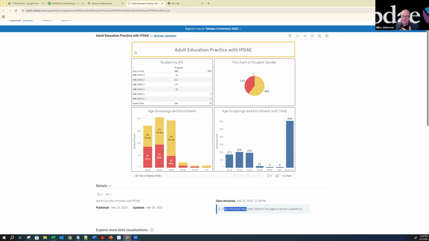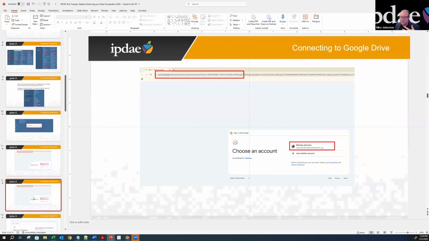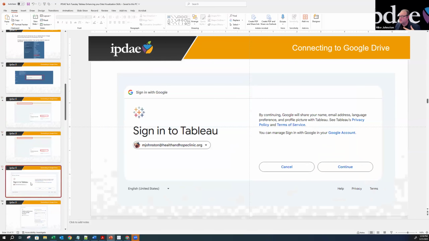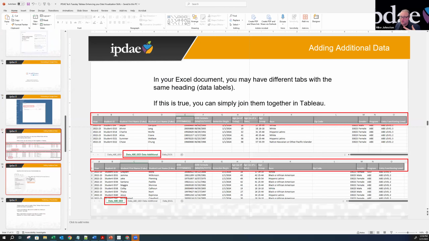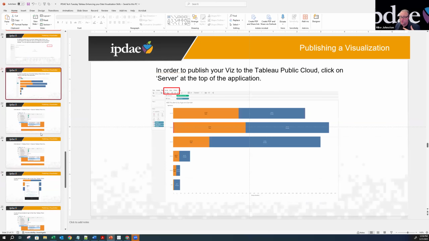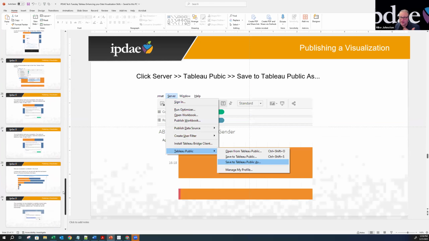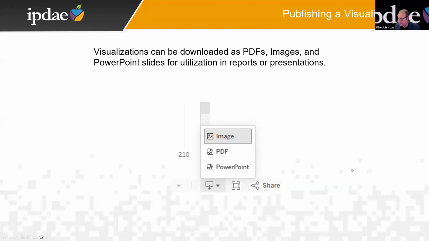So that is one example of how we took data in our Google Drive that was once on Excel, we connected to our Tableau Public, and then we made this live. These are the step-by-steps, and I don't go back into the PowerPoint view just because I wanted to show everyone the step-by-steps that are associated with this. Colleagues, these are the step-by-steps that you will use that I executed in order to make this happen. So I have posted these, and this will also be in our visual. You will be able to replicate this, and you'll be able to try this out on your own if you'd like to. And we hope that this has been a fantastic experience to give a different perspective on how you can access data and how you can transform your data into something that makes sense and is visual.